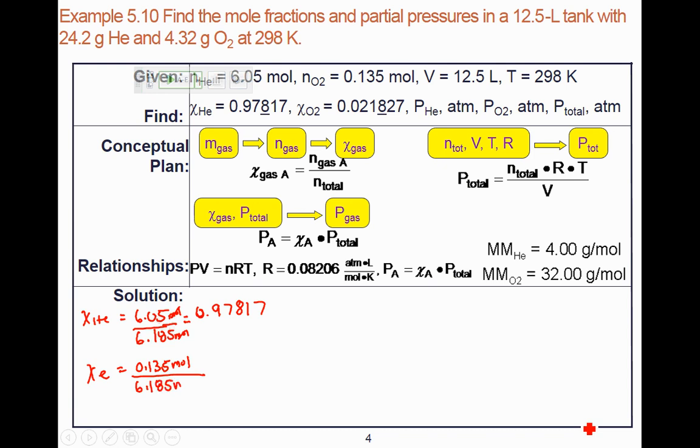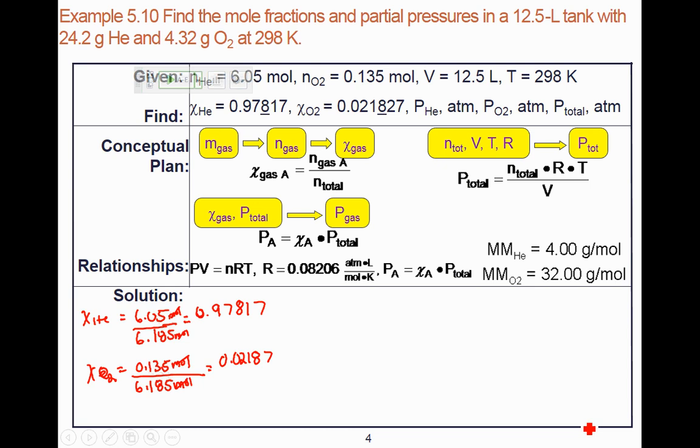Our total moles does not change. So clearly we have a lot smaller percent of O2 in this particular mixture. Only 2% of this mixture is O2. So now we know our mole fractions, but we can also calculate our partial pressure